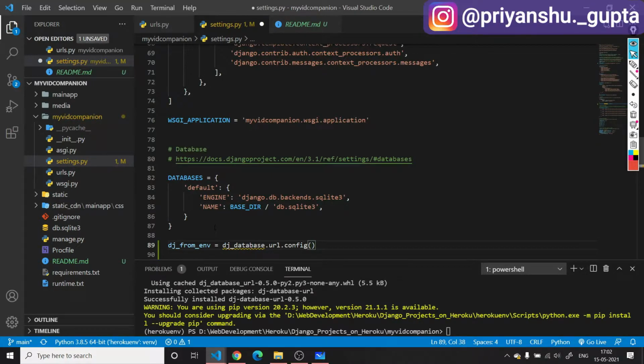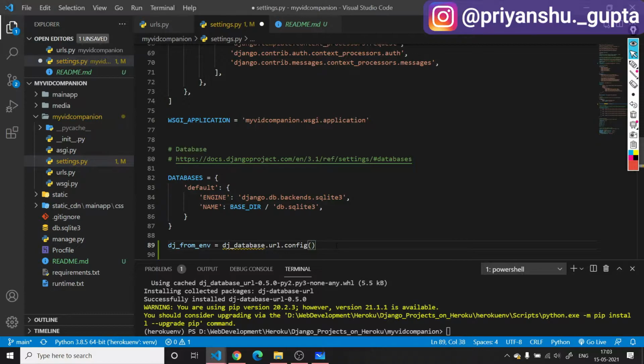All that stuff will be handled by this library. As soon as you move from your local environment to the Heroku platform, it will automatically change the default database, that is SQLite3, to the Heroku Postgres database. And if you are on the local environment, then you can continue using your SQLite3 database.